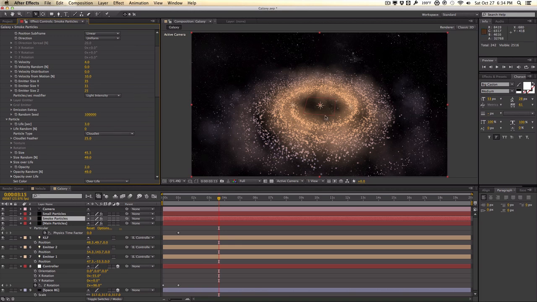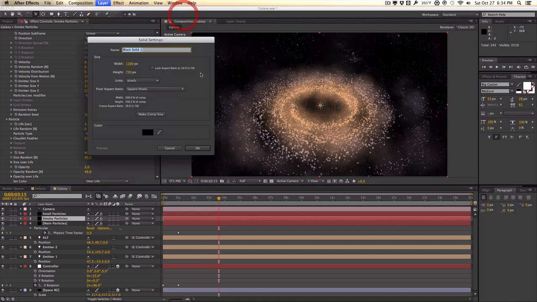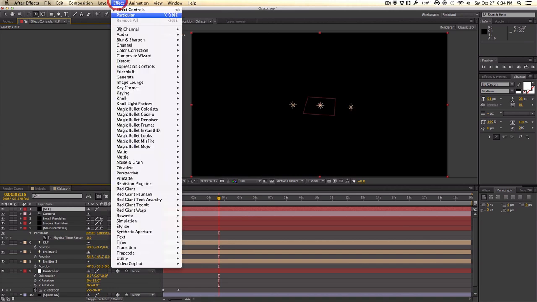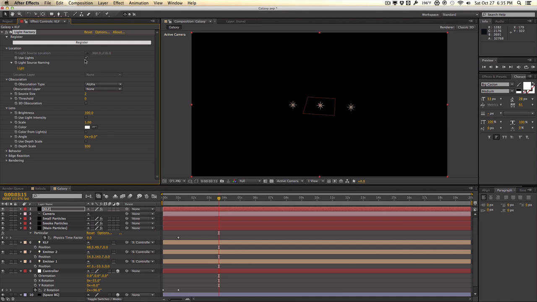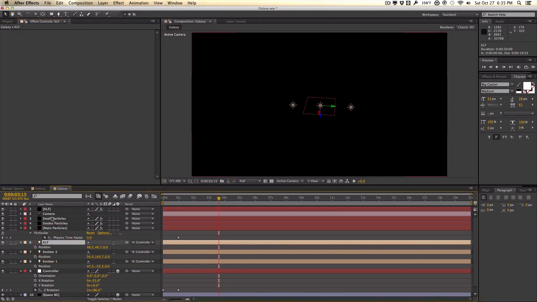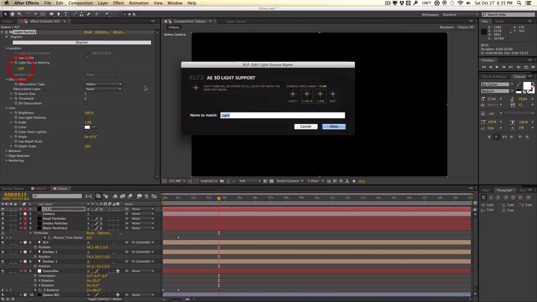So let's fill in the last gap here, which is the nice bright lens flare. Let's create a new solid. We'll call this Knoll Light Factory. Now you can apply optical flares, but I prefer Knoll Light Factory just because it looks a lot better. We'll select Knoll Light Factory and check Use Lights, so it's going to use the light here. This is the name of our light, so we named our light for our lens flare Knoll Light Factory here. Let's define that name